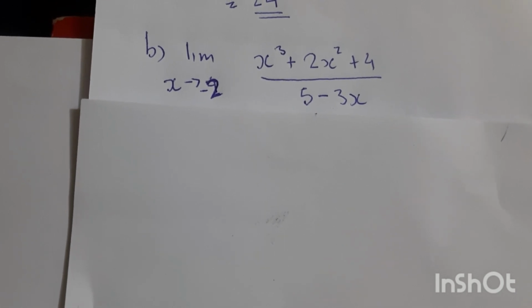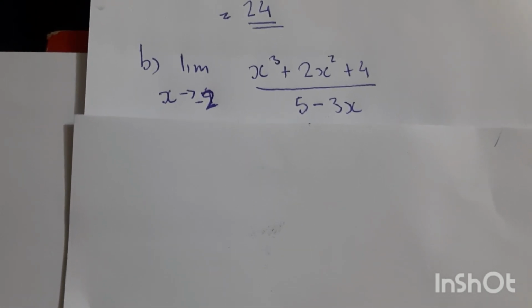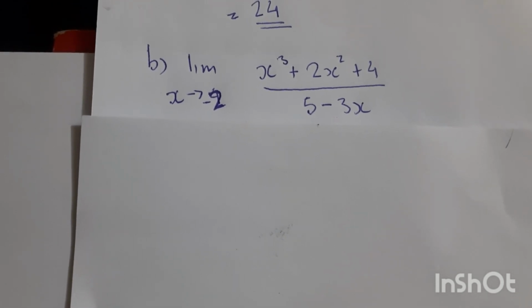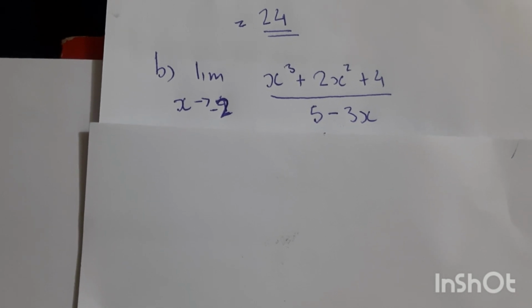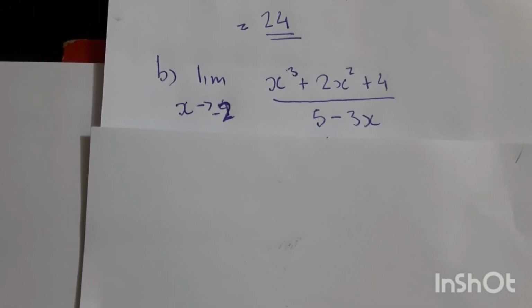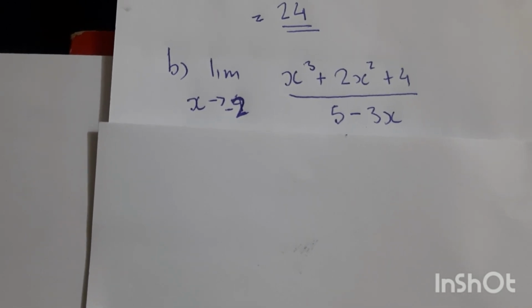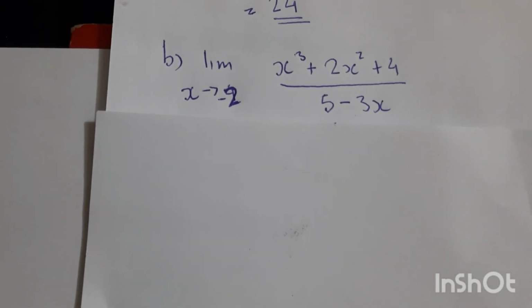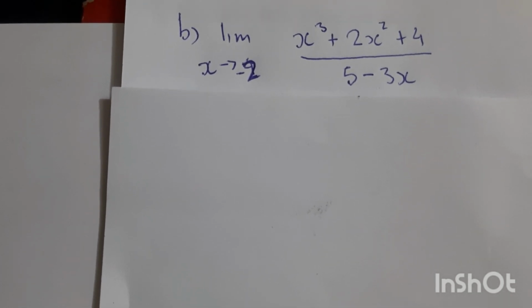So for B, we have the limit of x to -2, and our function is x cubed plus 2x squared plus 4 in the numerator, and the denominator of 5 minus 3x. So here we are going to substitute directly, because if we look at this fraction,